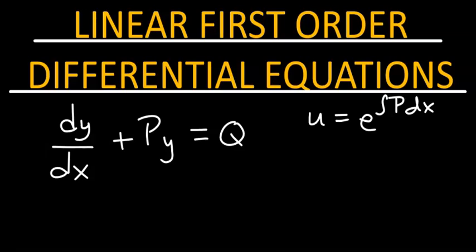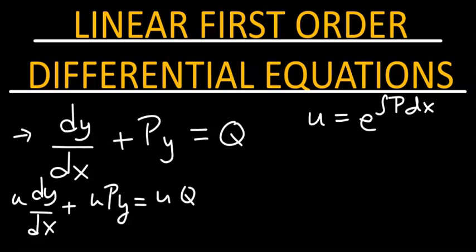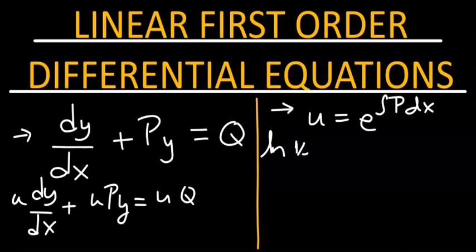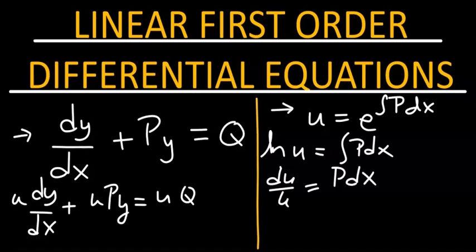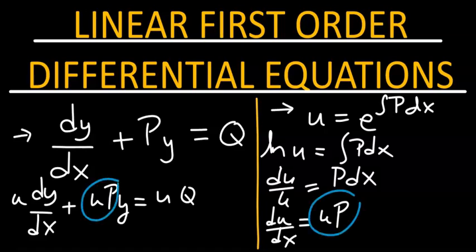We multiply this equation by u, and that's going to give you u dy/dx plus u p y equals u q. From the definition of u, we know natural log of u is just integral of p dx. That means du over u is p dx, which then gives us the following important expression: du/dx is just u p. Substituting u p inside there, we get